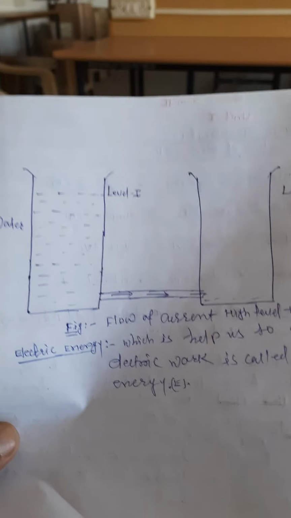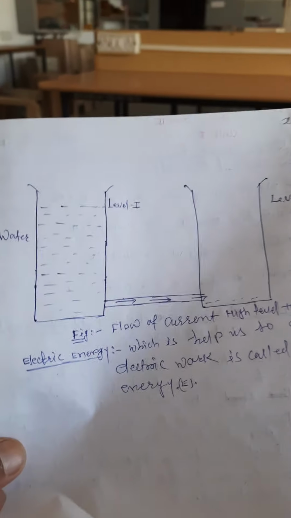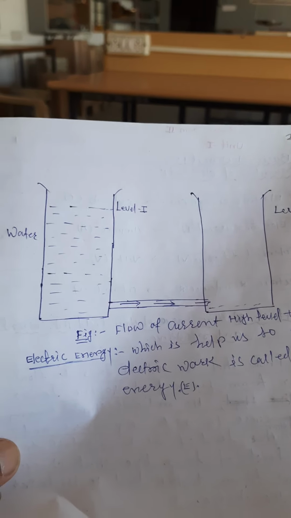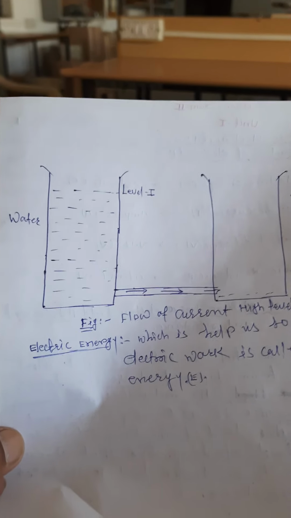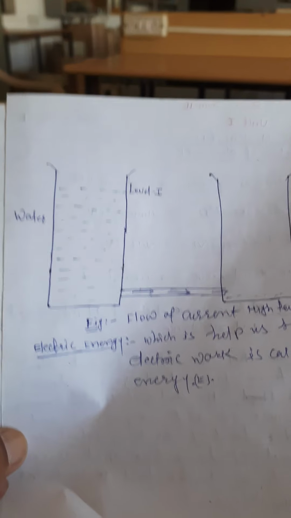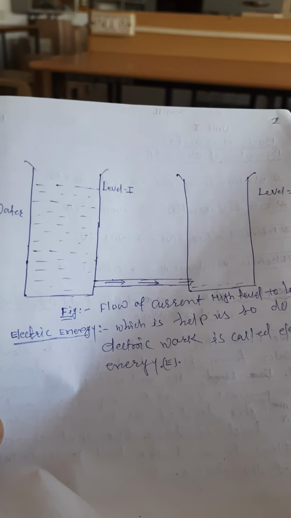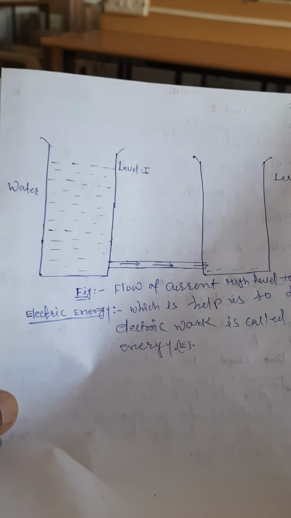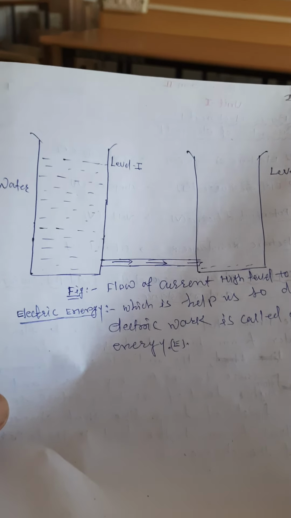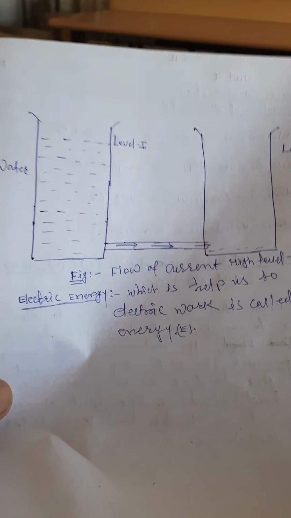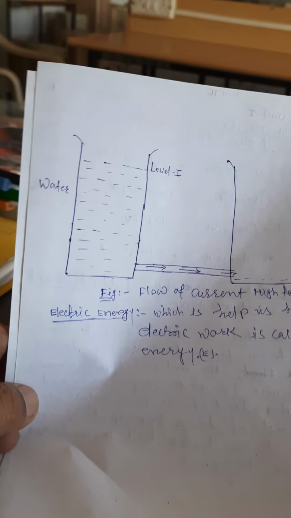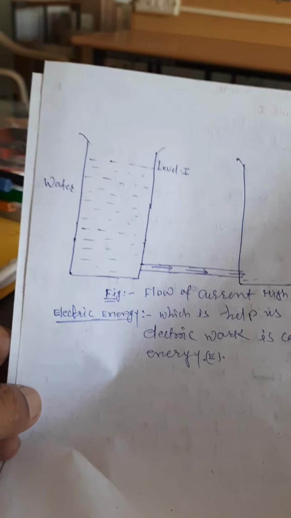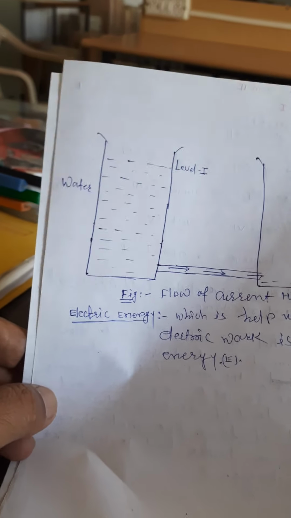Here are some diagrams, I will explain. Consider two water tanks, one full of water and the other empty, with a tap between them. As soon as you open the tap, the water will flow from the full tank to the empty tank up to the equal level of the two tanks. Charge also flows in the same manner. So that is electrical energy, we know that.